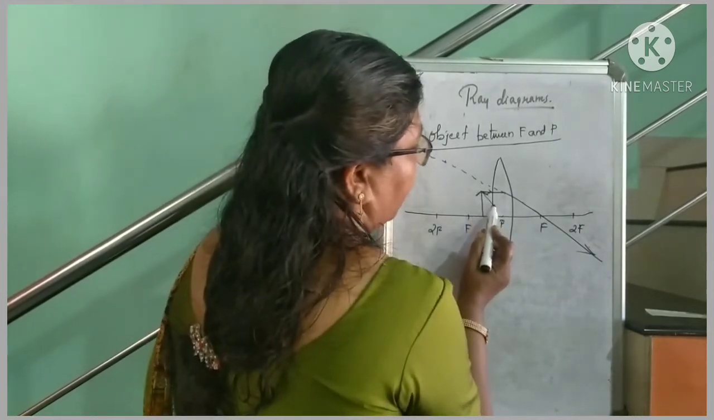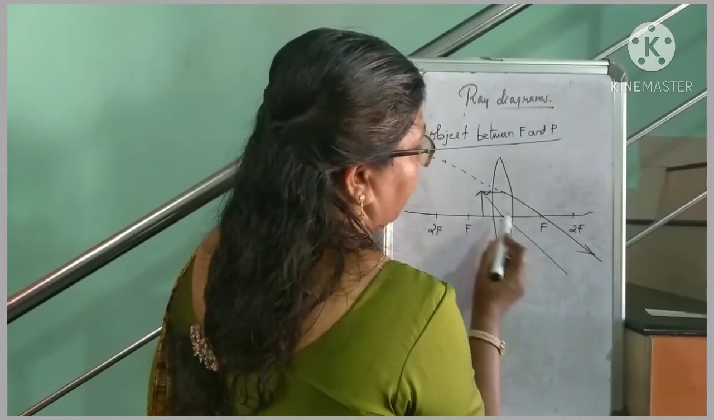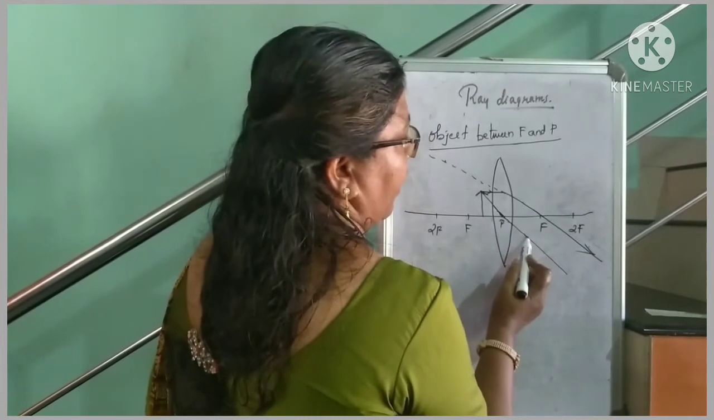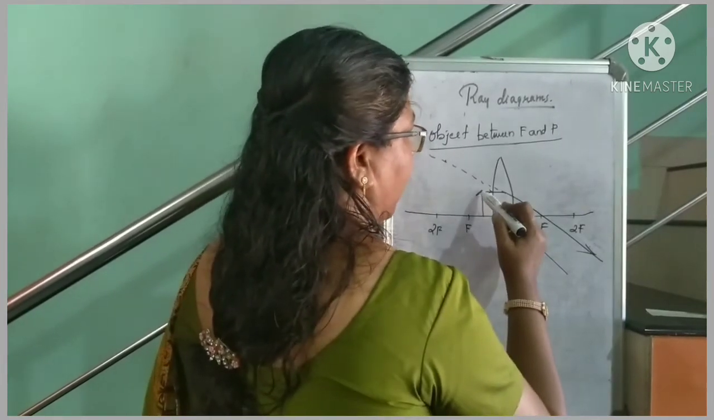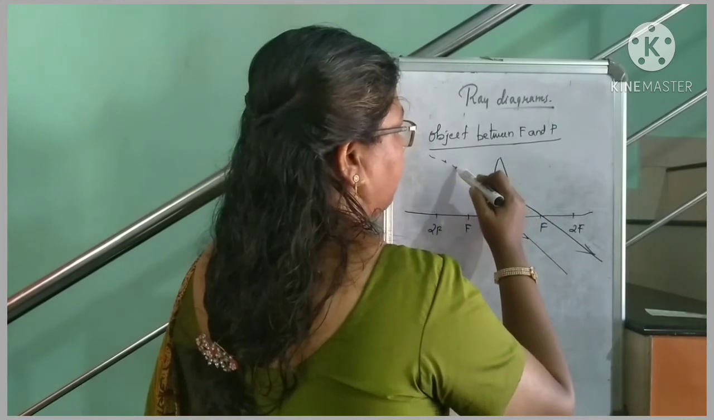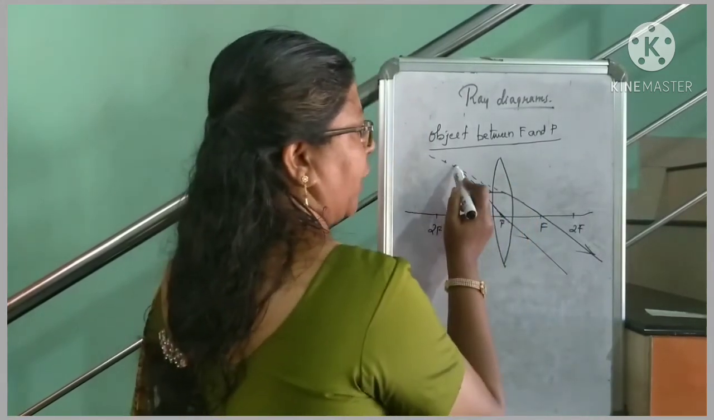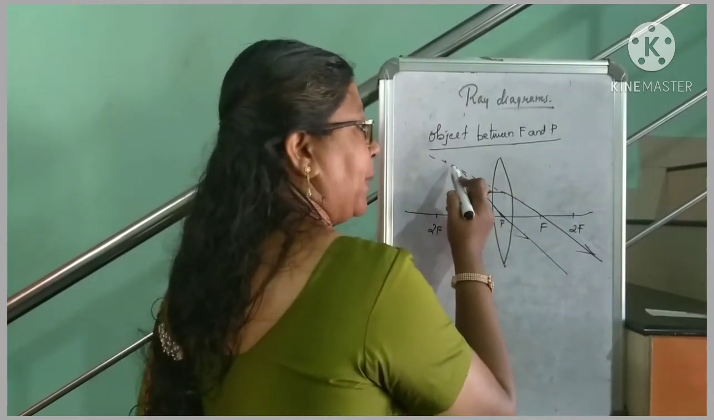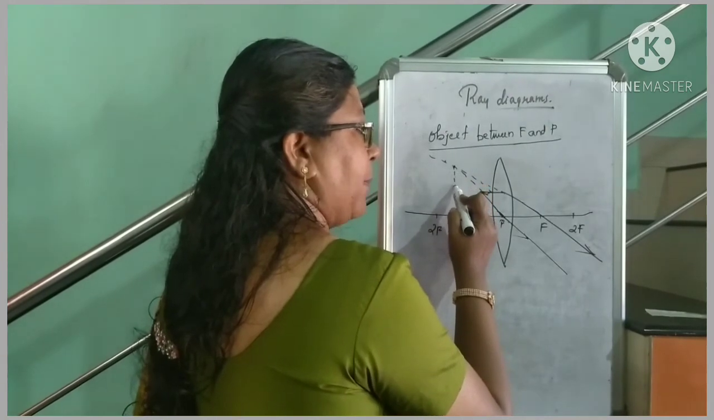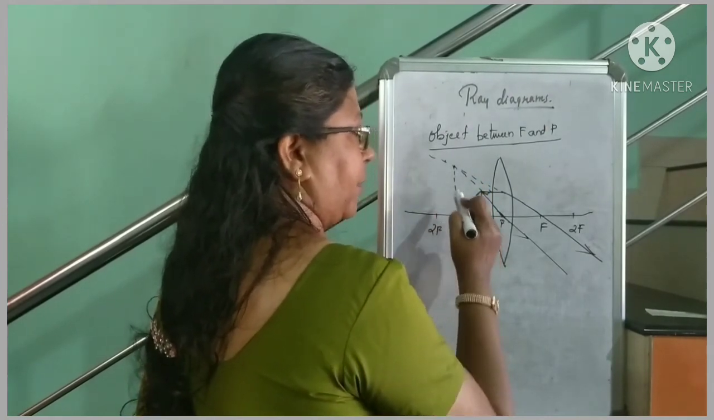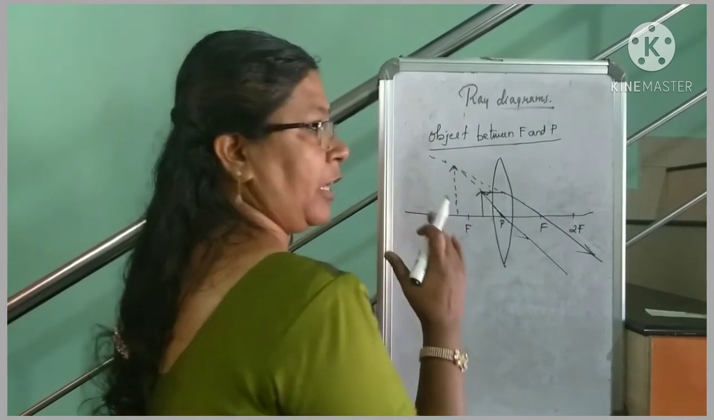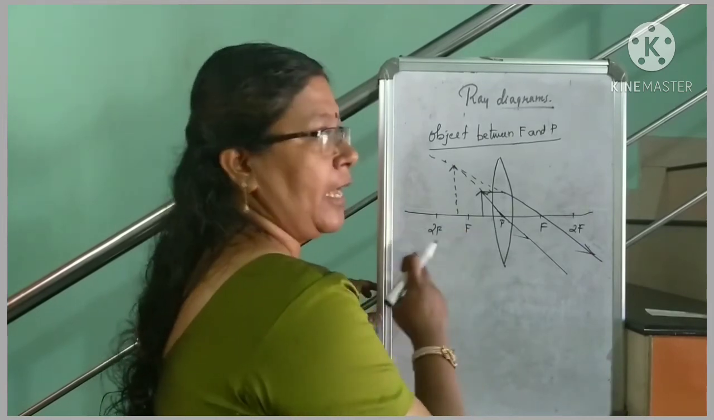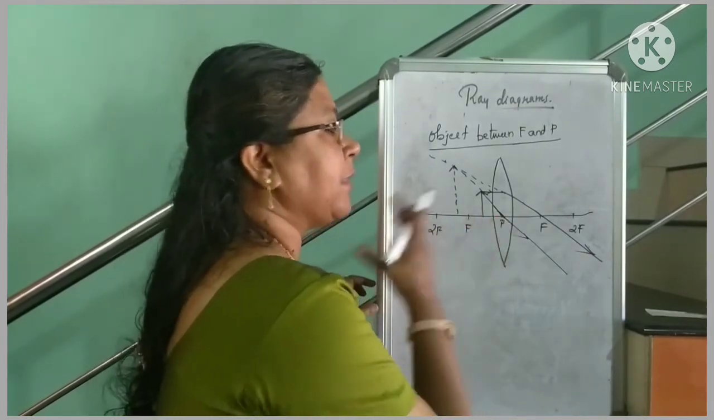Next one, the ray of light passing through the optic center will not have any deviation. But this ray of light also seems to come back. And these two rays of light seem to meet at this point. Since it is only appearing to meet, an image is obtained here. A virtual, enlarged, erect image is obtained between f and 2f on the same side of the